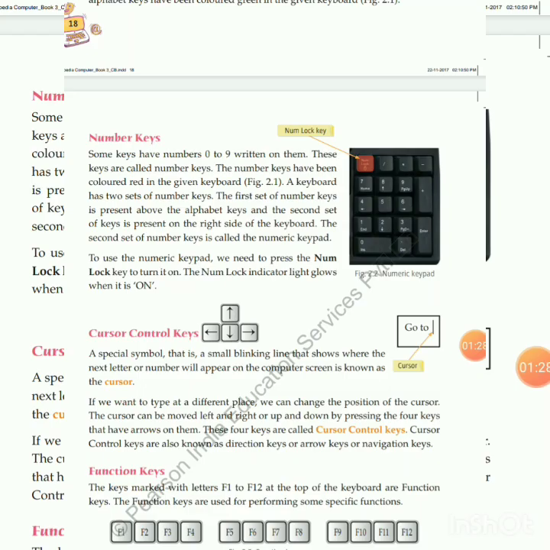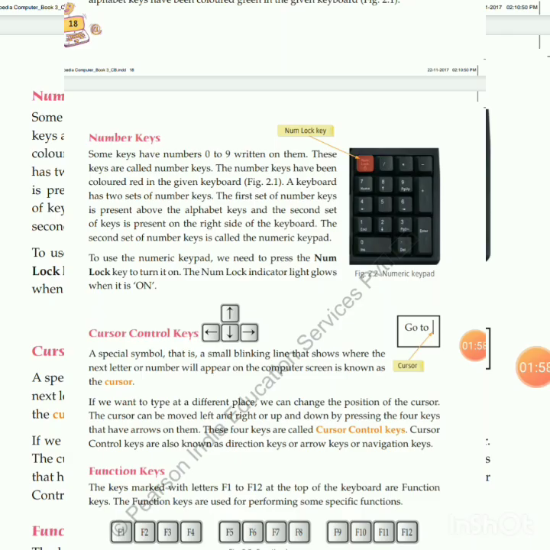Shift plus F10 is the same as right clicking. It means F10 is also used in combination with another key, which key? The Shift key, and it is just like right clicking. F11 is used to enter and exit full screen mode in internet browsers. F12 is used to open the Save As dialog box in Microsoft Word.